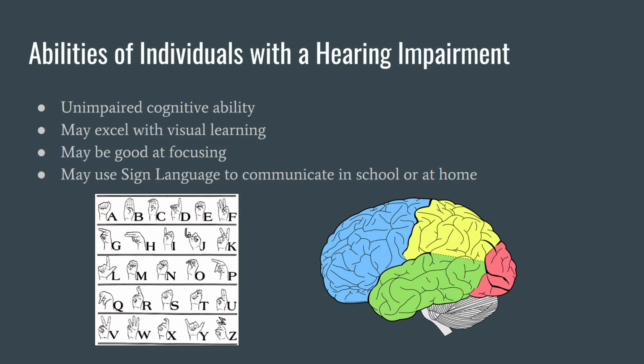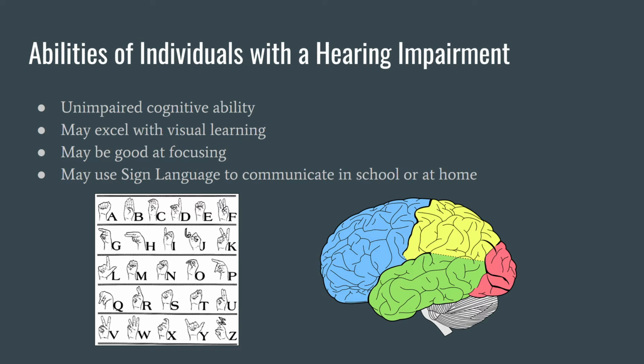So some of the abilities of an individual with a hearing impairment is that they, unless paired with another disability, have unimpaired cognitive ability, may excel with visual learning, and may be good at focusing. They're not getting any auditory distractions possibly, so that can help them with focusing. And they may use sign language to communicate in school or at home, so that's important to learn with your